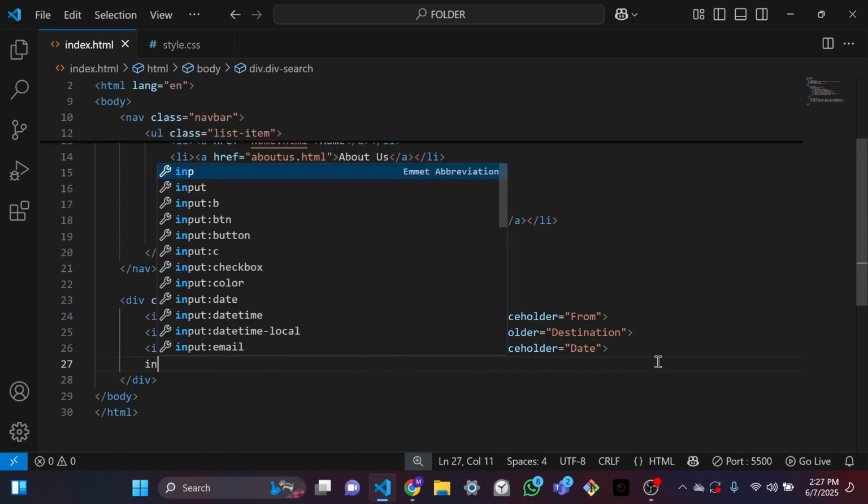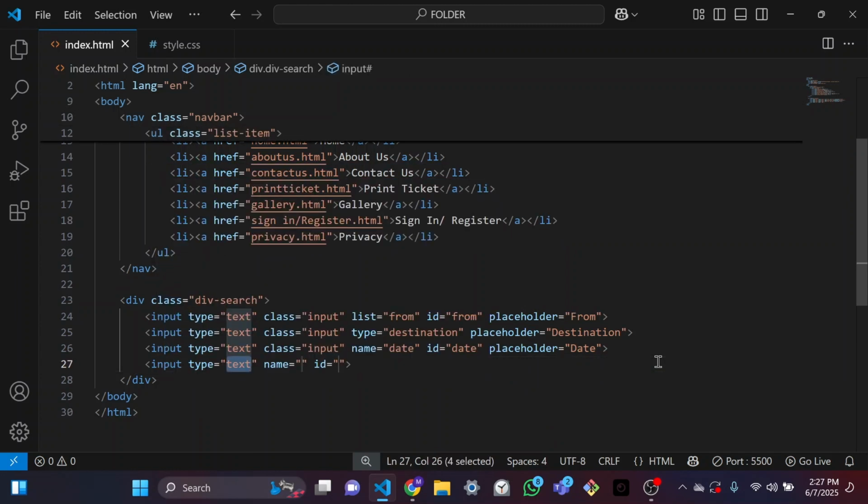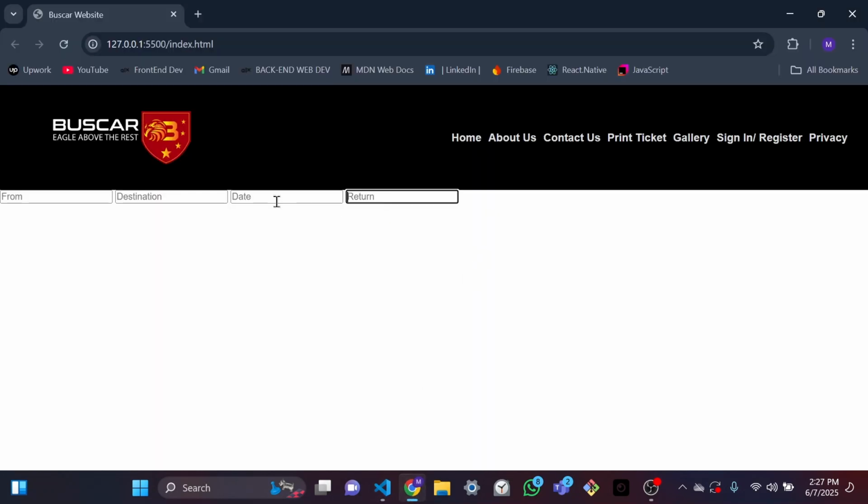Okay, another input again. This is the last one. We might change this one like that, and we'll have a placeholder of return. We just delete the ID because it's not necessary for this one. So let's see. Okay, so this is how they are appearing,